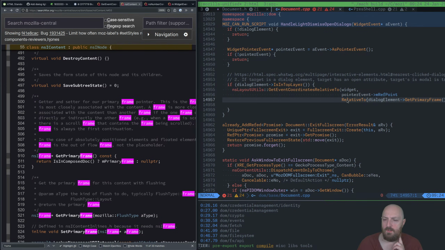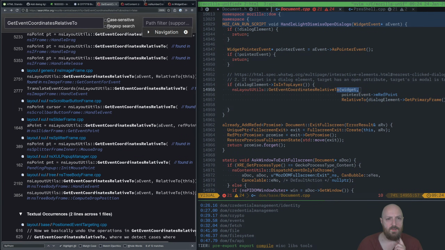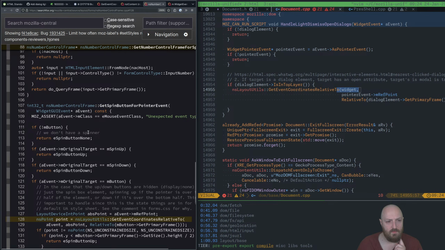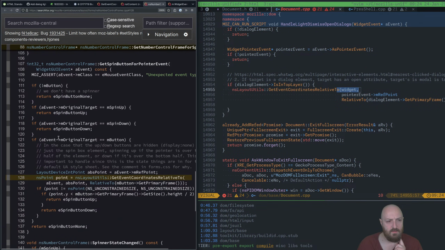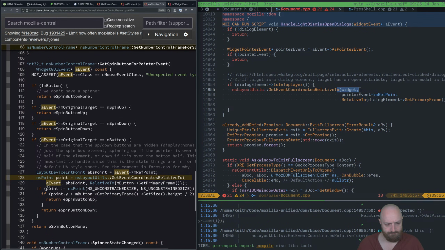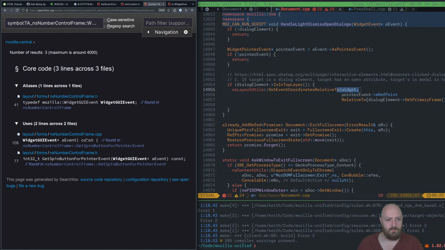Yeah, so we know it's going to fail because we don't have widget. We're not sure what widget's going to be. So they seem to all be using an event, which does make sense, but it's also a little confusing because I don't understand. Oh look, this is encouraging. As far as I could see, the inheritance chain for widget of GUI event